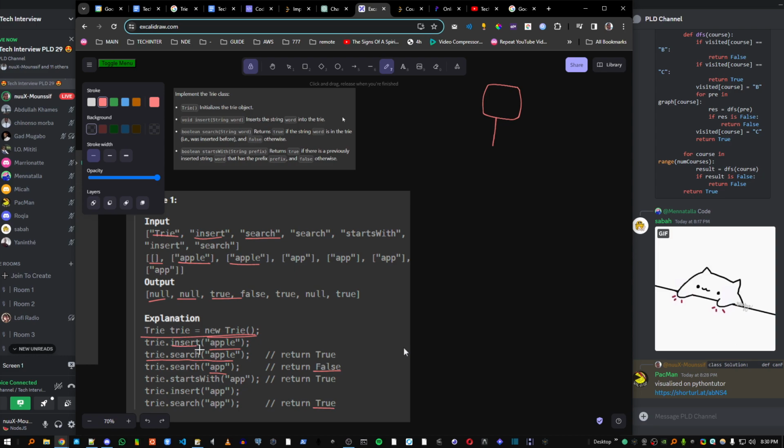And then when we insert, let's say we're gonna insert apple, we check apple, and we go to first character. We check if it exists in the node. So this node is gonna have, let's say, children,